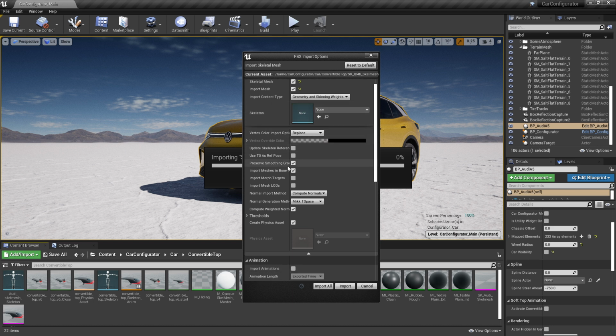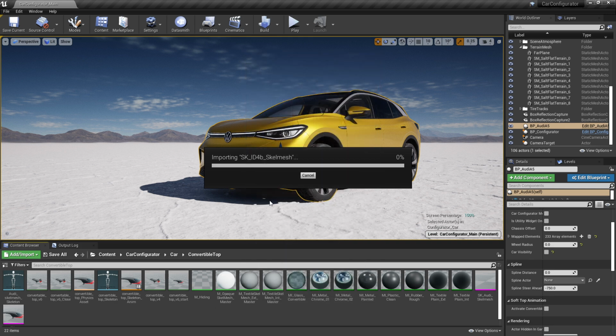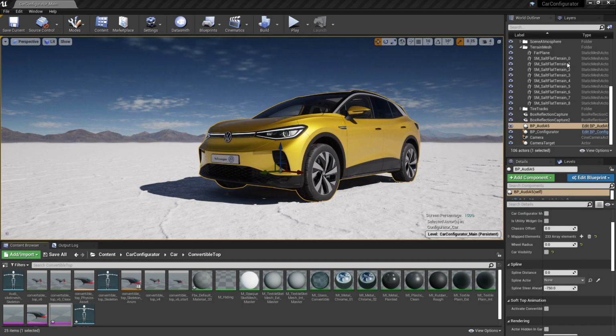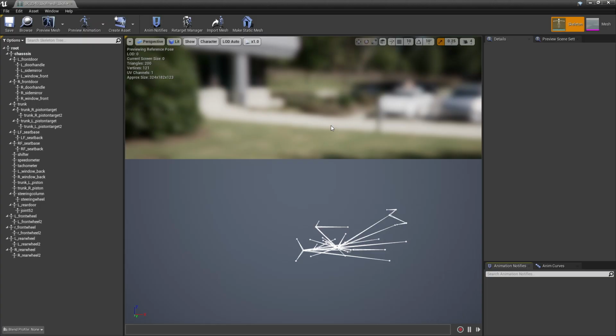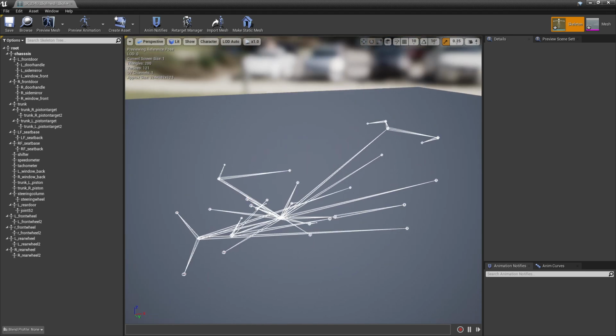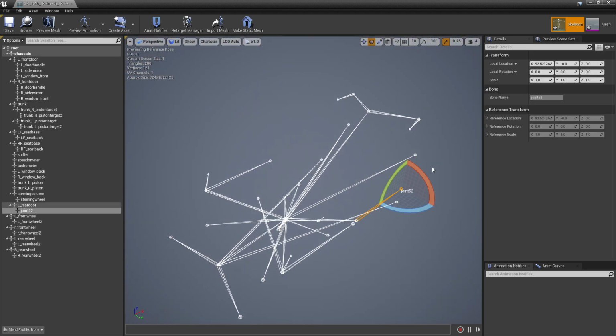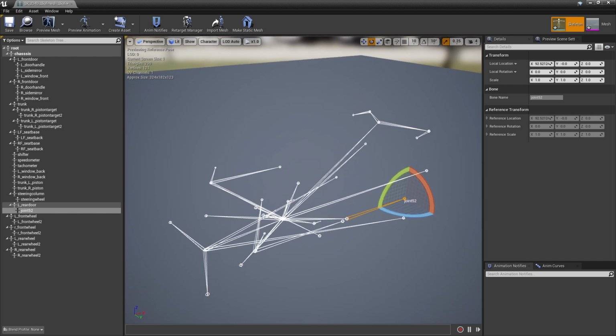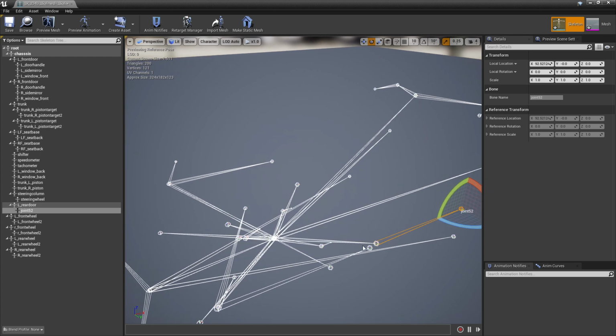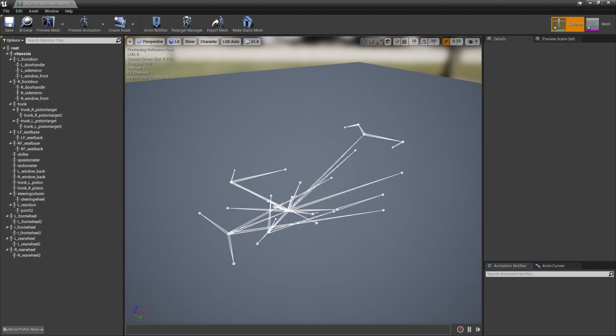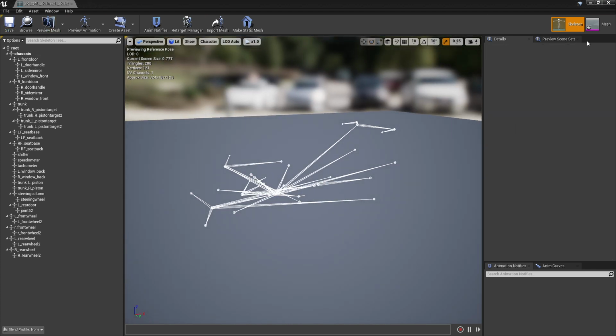And you're going to want to make sure that you have use T reference set to 0, and also update skeleton reference. So make sure both of those are turned on and that's set to none. We'll do an import all. It's going to go through and bring that guy in, which is kind of cool. And now we've got this new skeleton, and you can see that the trunk is in a different position, and we've got this new bone that we added in for this guy, which is pretty cool. All right, so with that done, let's go ahead and save this guy out.